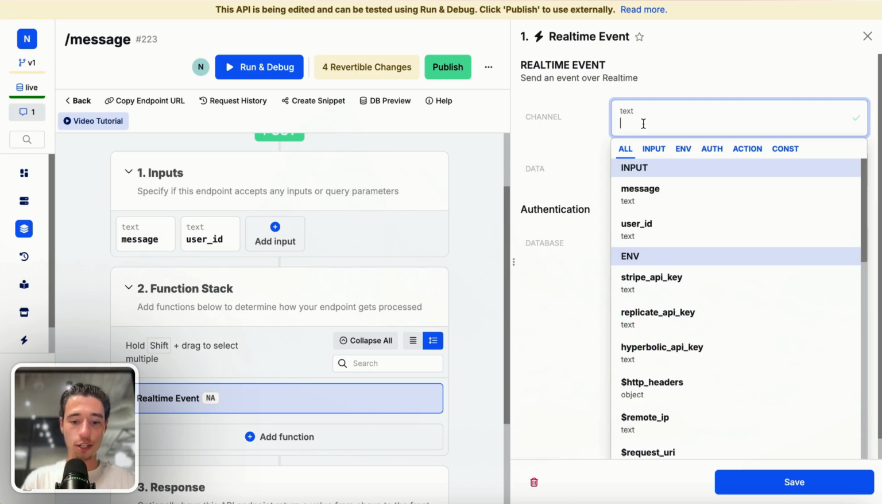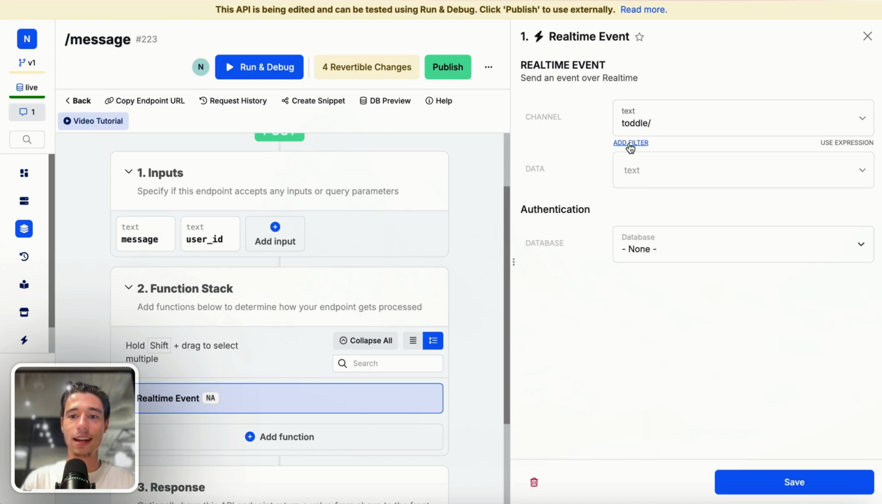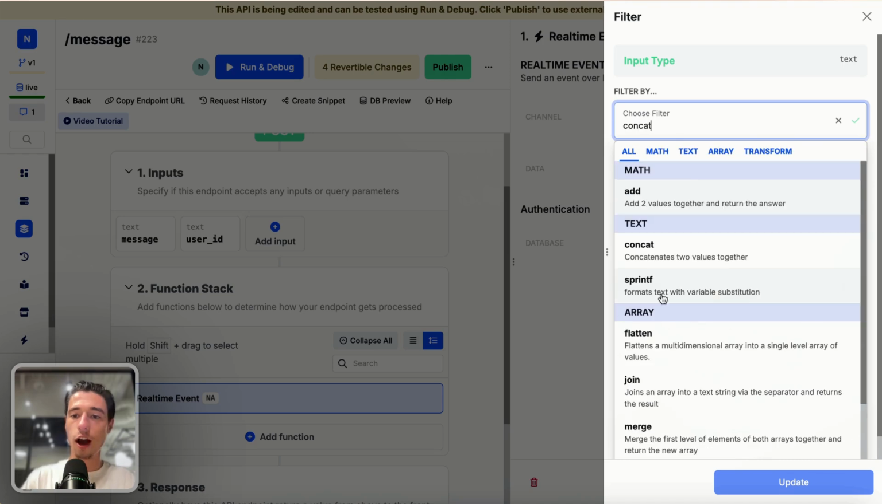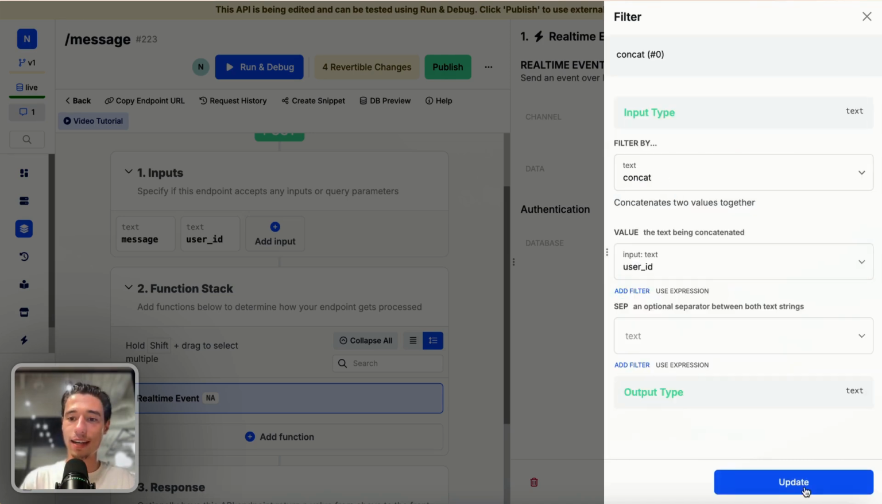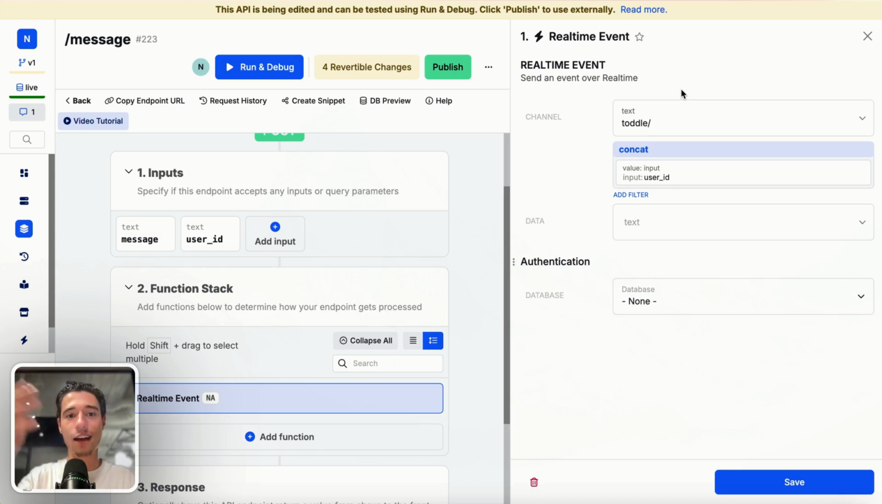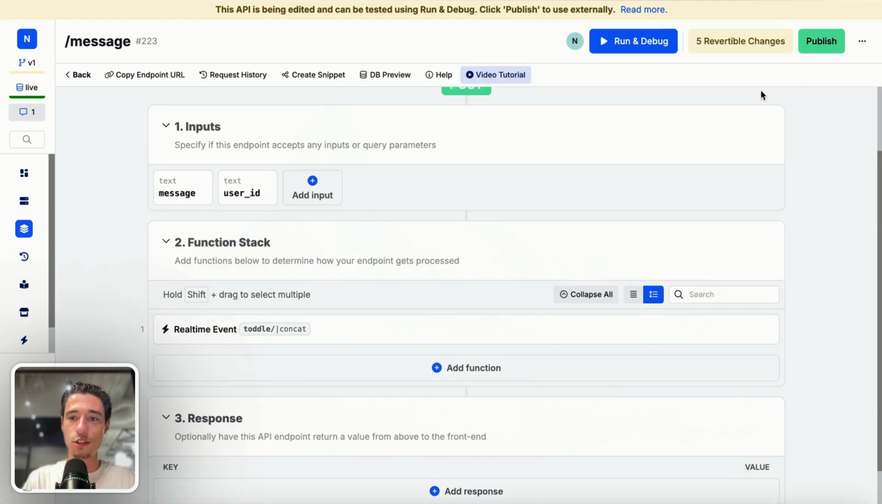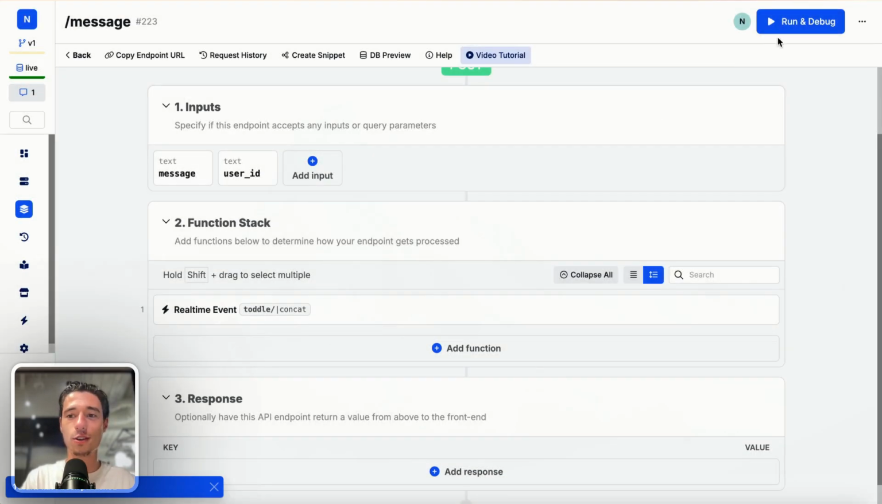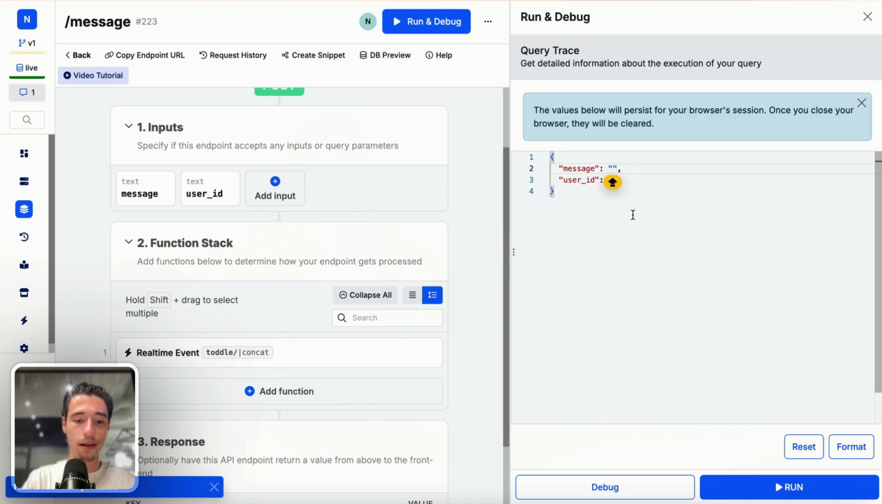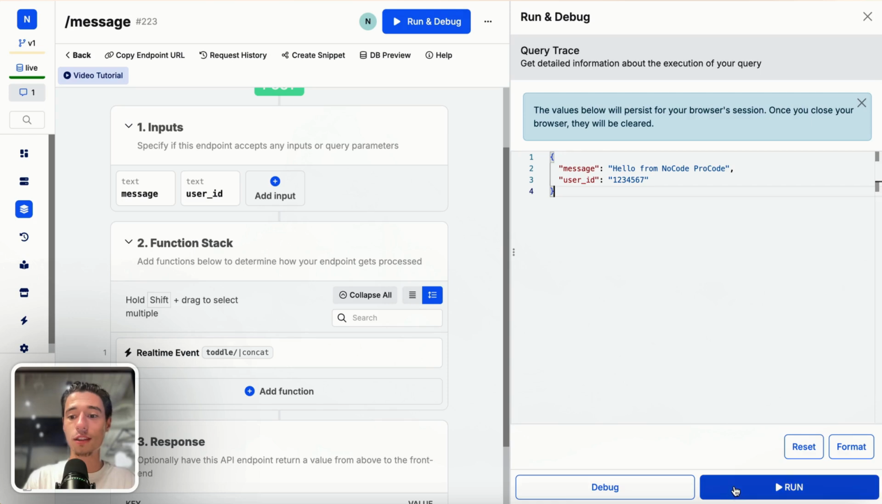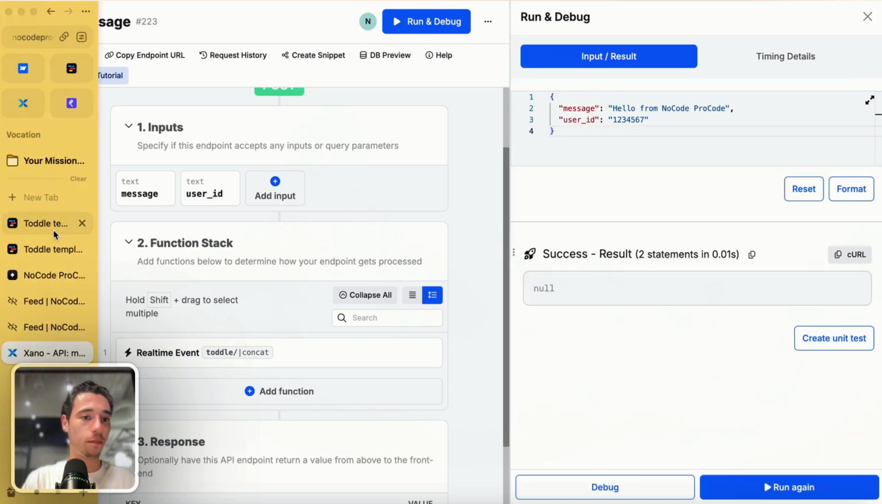So I'm going to go to the channel. I'll type in Toddle /. You can also make this dynamic. And then we add the concat filter in Xano. And I want to concatenate the user ID. So I have Toddle /1234567. So I'm using the proper channel. And then the data will be the message. Now we can publish that, and that's all we're going to do. So now we can go to run and debug, and I can send a message, hello from NoCode ProCode, and the user ID is 1234567. This could come from your auth. I run this, and now let's look back in here, and as you can see, the message was received,